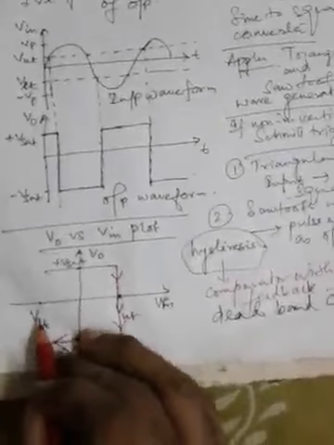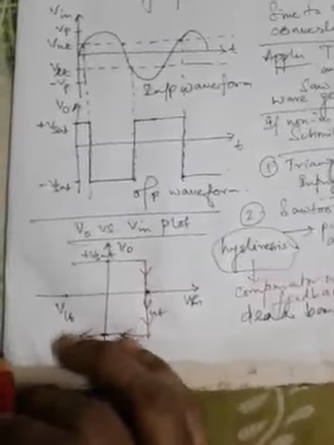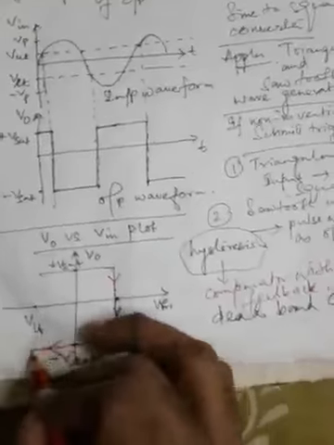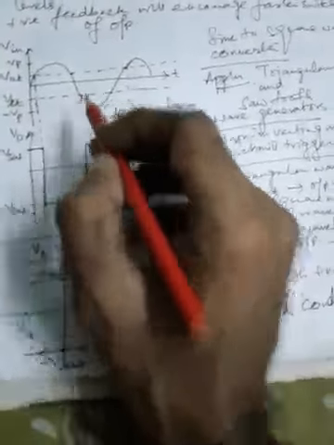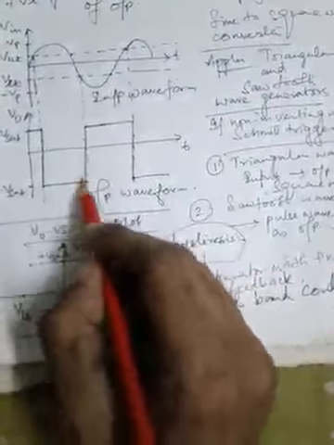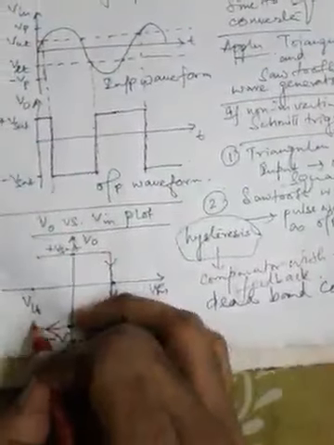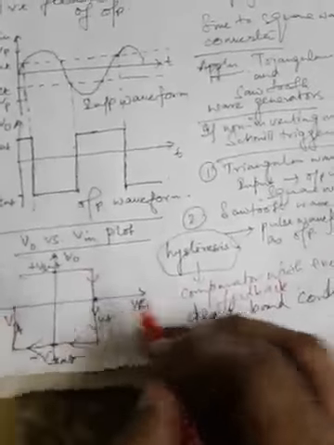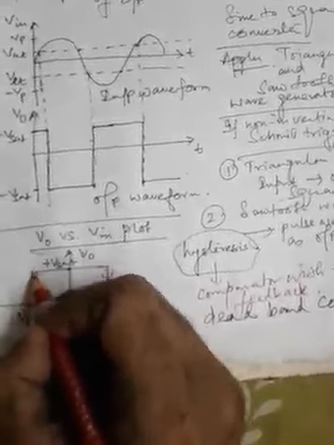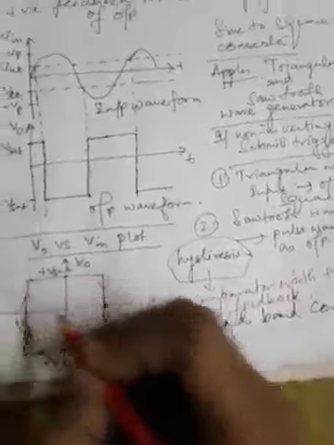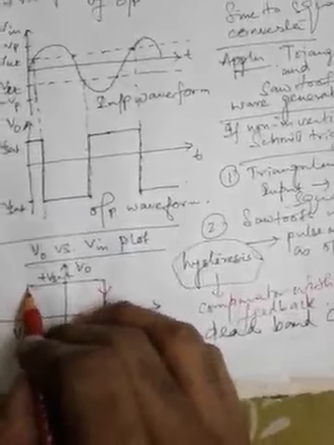But when it goes far more towards the negative side, or it is more negative than the lower threshold value, immediately what will happen? The output will switch from minus Vsat to plus Vsat. So immediately it will take an upward turn, cross this point VLT on this Vin axis to catch up here at the positive saturation level. So the direction of movement is upward from this point. Now it has reached over here.